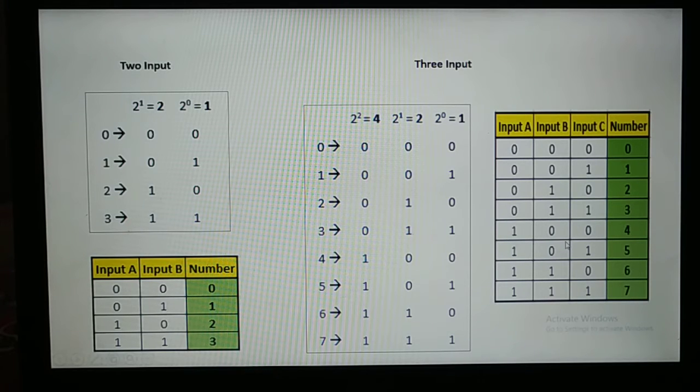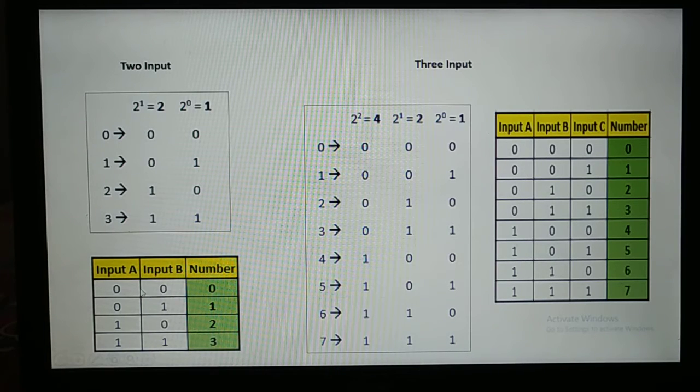I was also mugging up things like this when I was not aware of the logic behind this initially. Once we found the logic, there is no need to remember things like this. I'll start with 2 inputs. You must obviously know that any number raised to the power 0 is 1. It doesn't matter whether it's 2, 4, 5, 8, whatever it is. 800 raised to 0 is 1, 1000 raised to 0 is 1. Any number raised to the power 0 is equal to 1. And any number raised to 1 is that number itself. It doesn't matter.